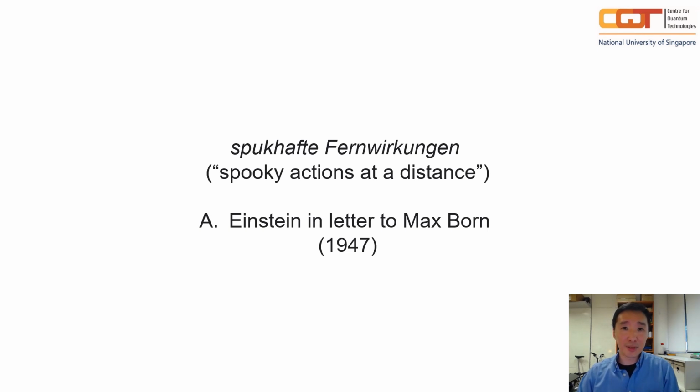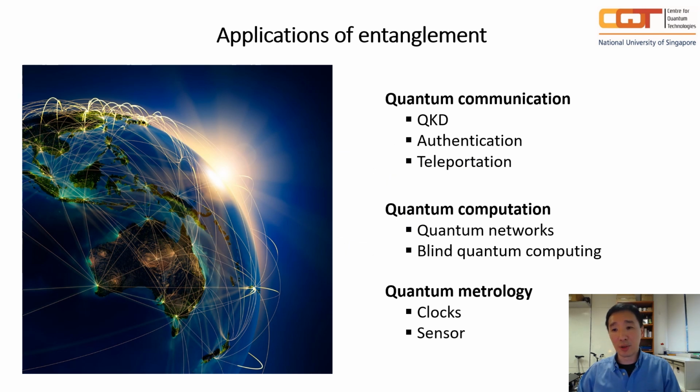Of course, nowadays, we understand entanglement properties a lot better. And we also understand that you cannot get superluminal communication using entanglement. However, you can still use it for interesting applications. For example, if you had entangled photons and you could distribute them over long distances, you can use those correlations for quantum key distribution, or QKD, or you can try and use them for teleportation,